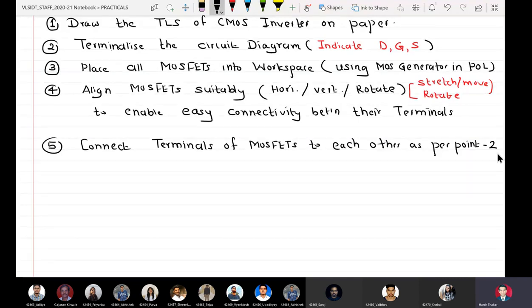I have written it here. So the fifth point is connect the terminals of MOSFETs to each other as per point number 2. In point number 2 we have indicated the drain, gate and source terminals. According to that you make the connectivity.